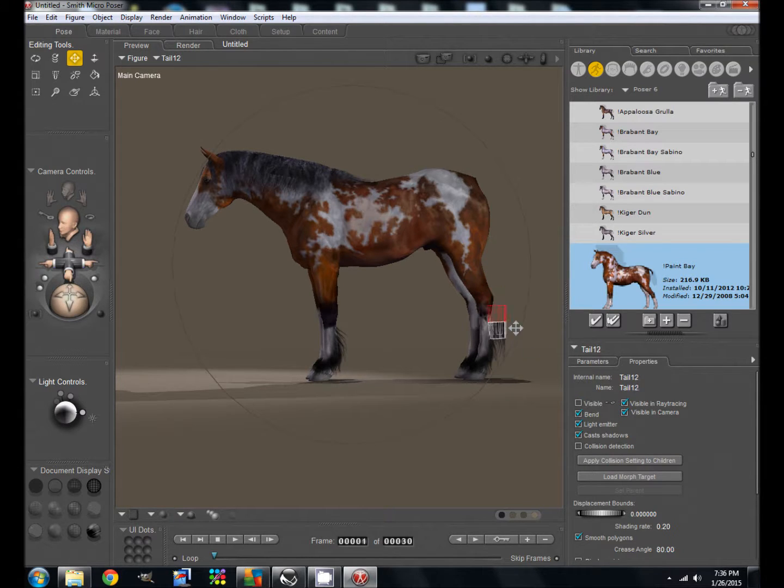Just go down to each one, making invisible. Be real careful towards the end here because it gets kind of hard to see. And I think that's all of them. Now for the mane,